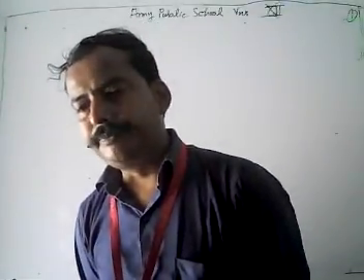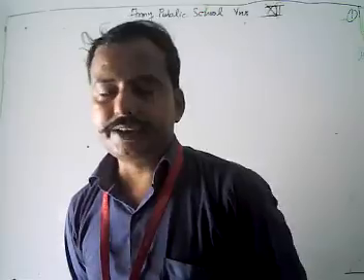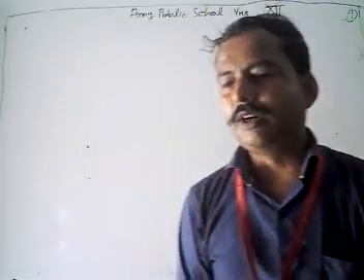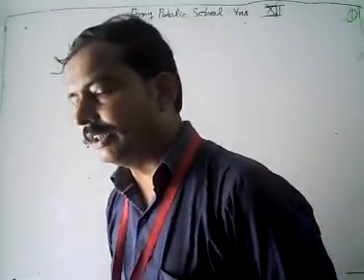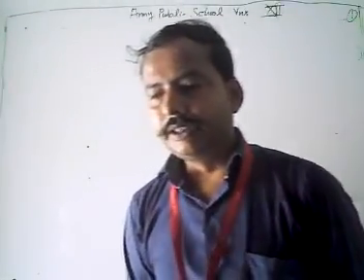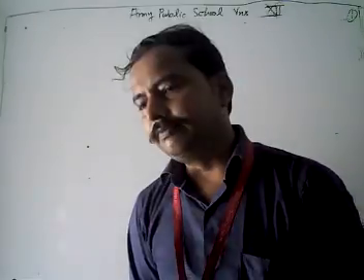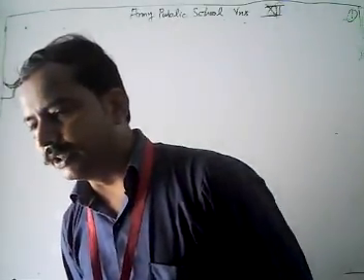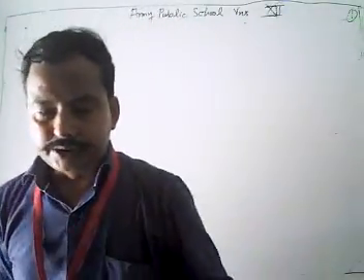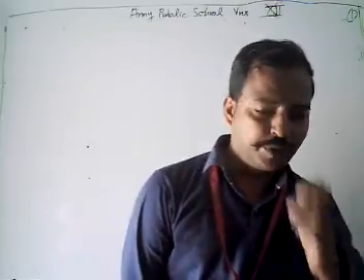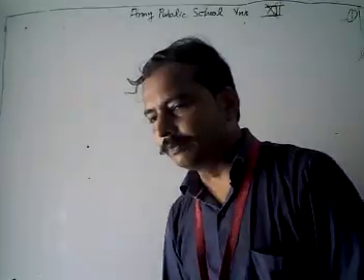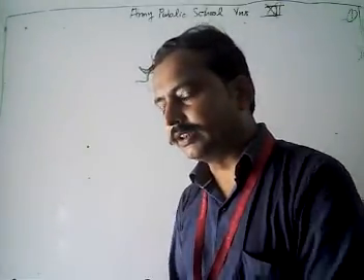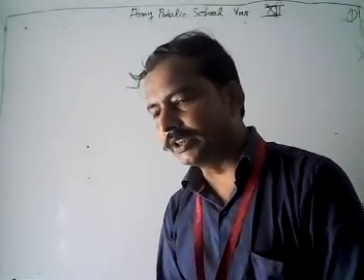Then yesterday in our class we discussed how we can get the centroid of a triangle and the section formula. Then after that we discussed some basic problems. In today's class we are going to discuss some problems from the basics. How can we show that given vectors are collinear or parallel to each other?